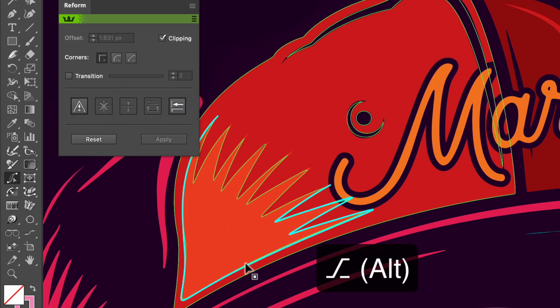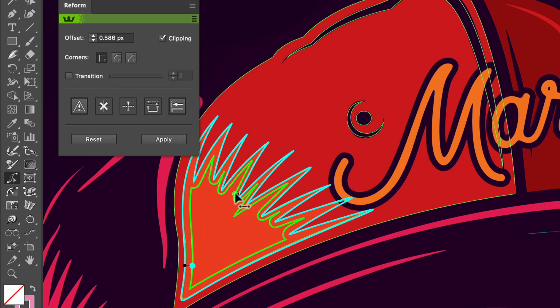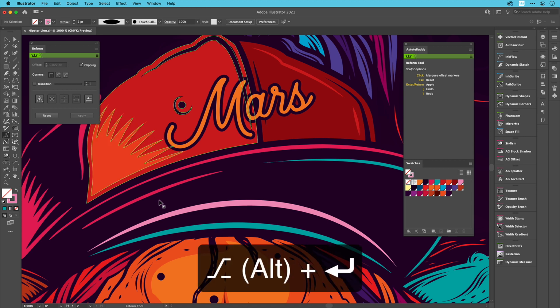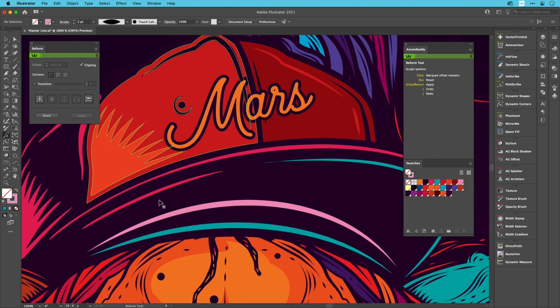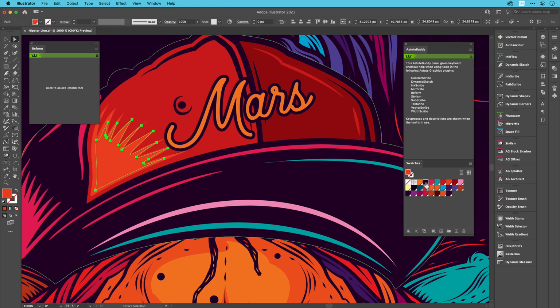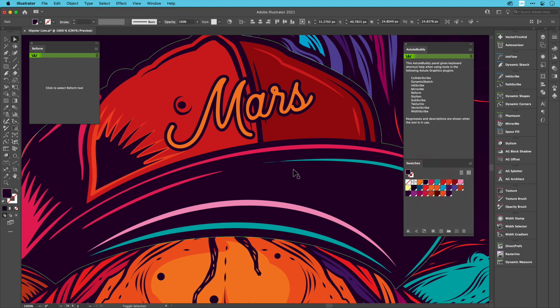This also applies to offset or looped modes where the resultant reform will be a closed shape. For this example, the optional Alt key will be held down whilst pressing Enter or Return to apply the reform. The resultant shape has the same color attributes as the original, so is not immediately visible, but selecting it with the Direct Select tool once more allows changes to be made.